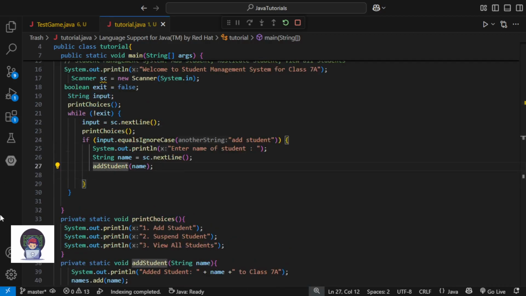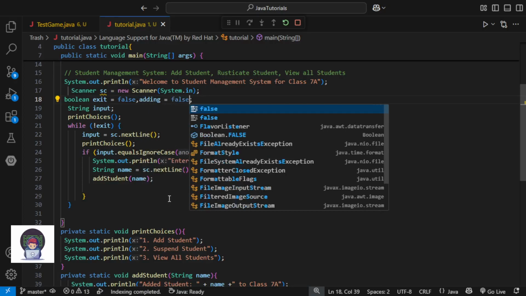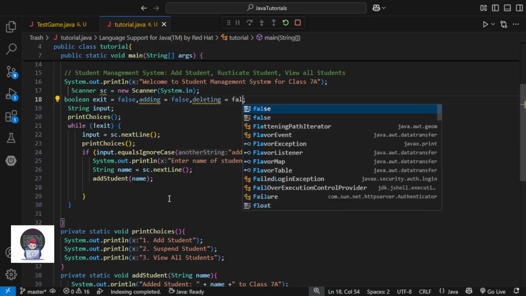Okay. One more thing, let's create some booleans. If we are adding or deleting or viewing all, we don't want it to print our choices. So we will do boolean adding is equal to false and deleting is equal to false.